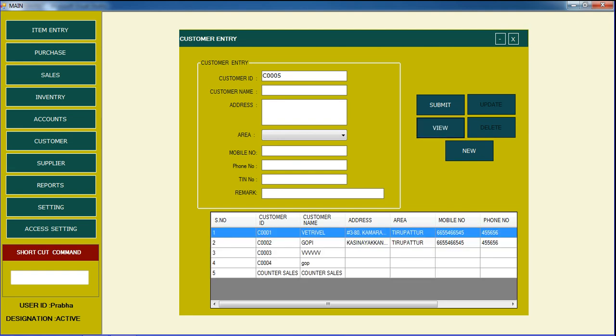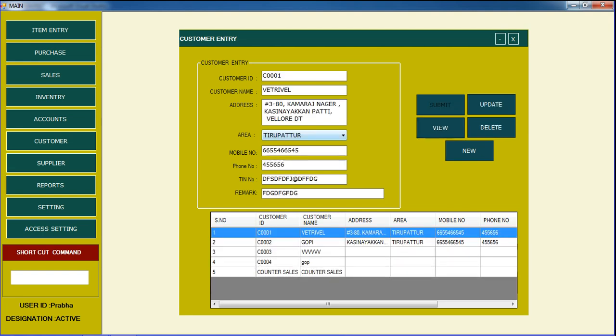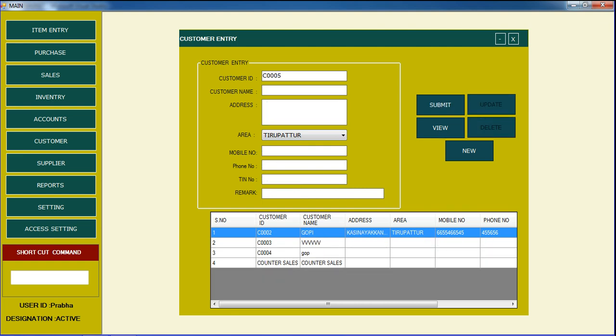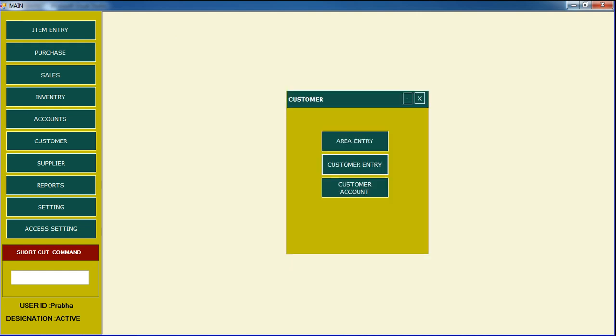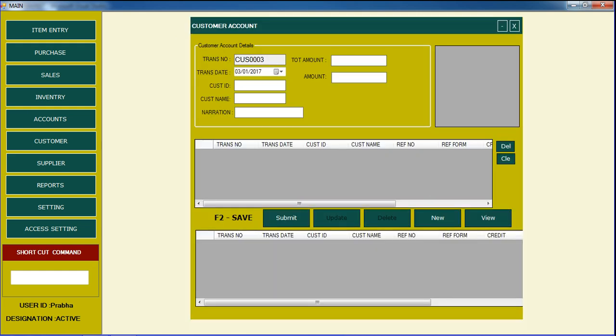Just go to view and it will come, and then double click and it will come here, and then if we do not need it, just delete here and it will be deleted. And if you want to change another thing, just go to here and do it like this. So it will be possible. Just close it. Insert and update concept only.